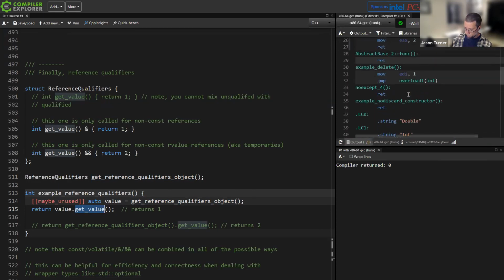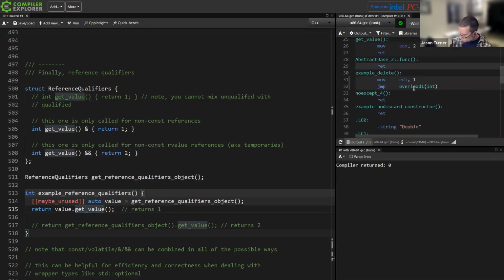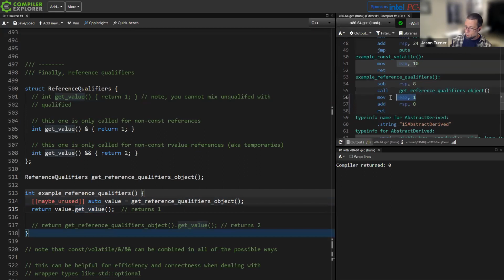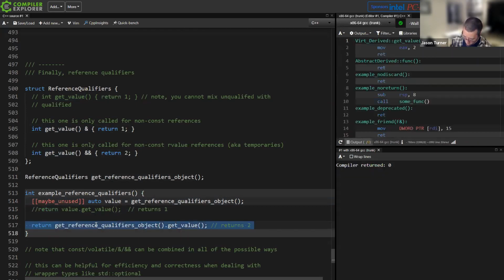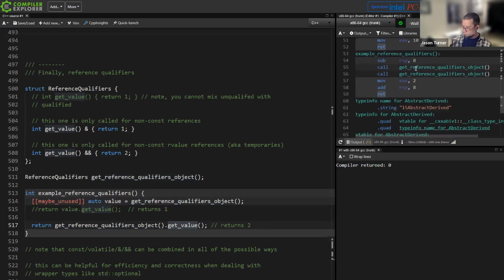I lost my location. Example reference qualifiers. There we go. All right. So I'm returning 1 from the function here because I've called this on an L value reference. This is a named object, and I got ahead of myself a moment ago. If I comment this out and uncomment this one, then I am calling it on a temporary. It's an object returned from a function. It's definitely an R value. And if I call this, then I'm going to get 2 returned from the function,